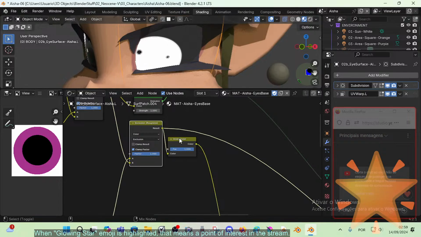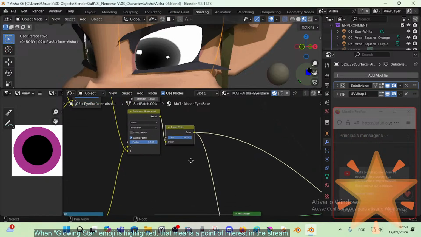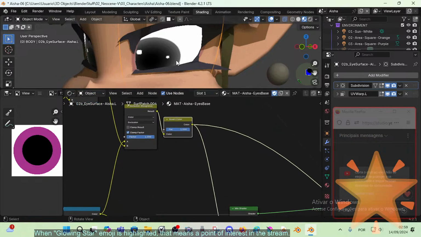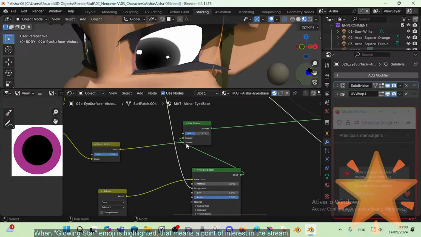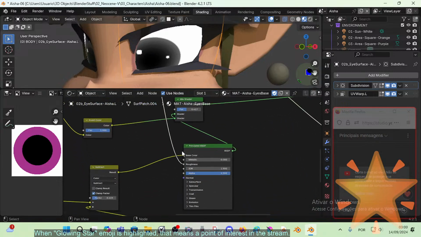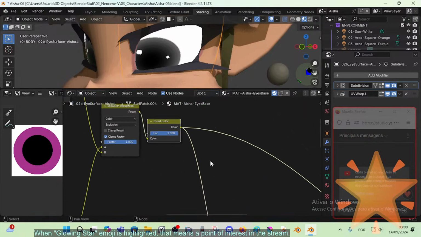So but the roughness is the inverse. So here's the lack of roughness. That will make all these areas that are in white to shine. So it's a roughness map procedurally made,